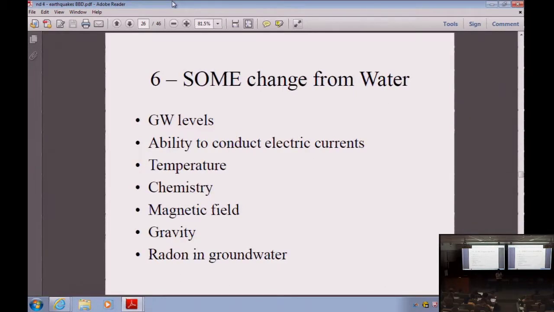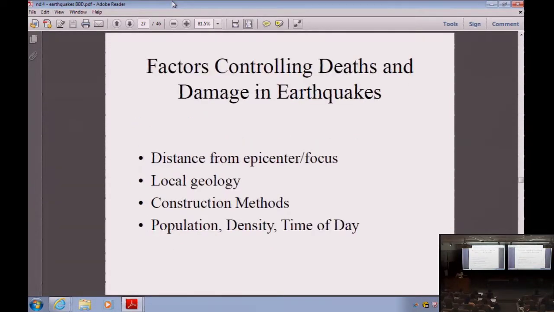And then also slight changes in magnetic field or gravity right before an earthquake. So again, these are some things that may be related to rocks getting ready to go. So this expansion of sediments, expansion of rocks, water coming up from the pore spaces, and changing things right before. So those are some of the ways that we can try to approach predicting earthquakes, but again, not terribly effective historically. We'll return to this notion of prediction in a minute, but let's look at